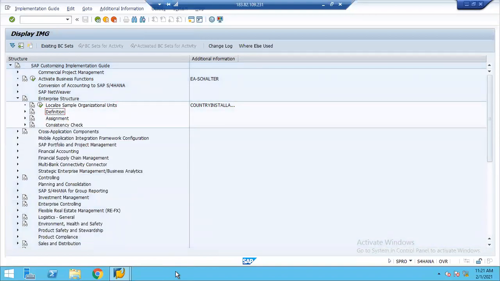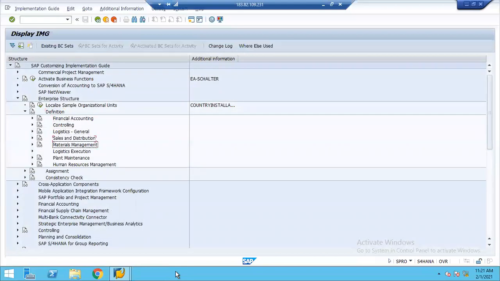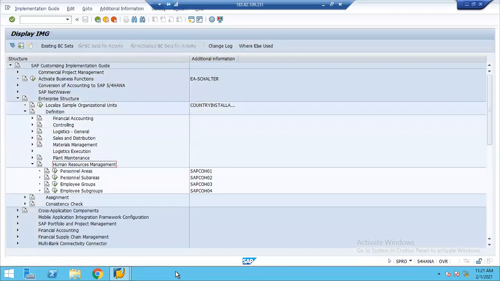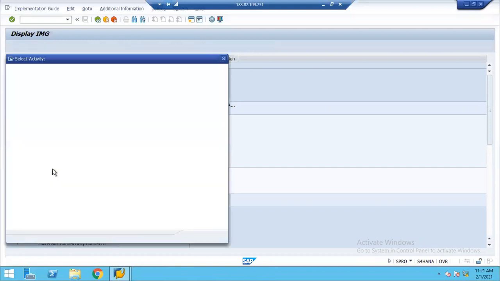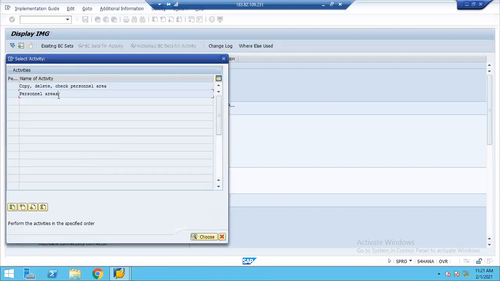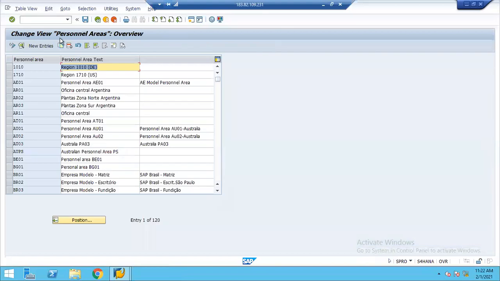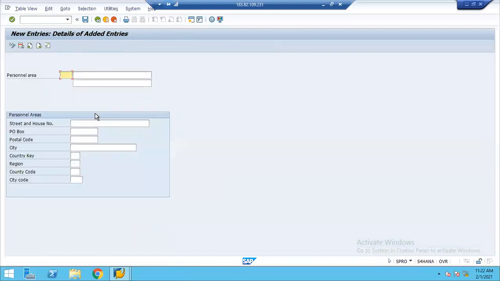So SPRO, IMG, enterprise structure, definition, HRM, human resource management, then define personnel areas. So OH01 is the T code to create your personnel area. So click on IMG activity, double click on personnel areas. So personnel area is nothing but the main branch or the headquarter of your organization. So I'm maintaining the same code in personnel area code as well. Give the description,